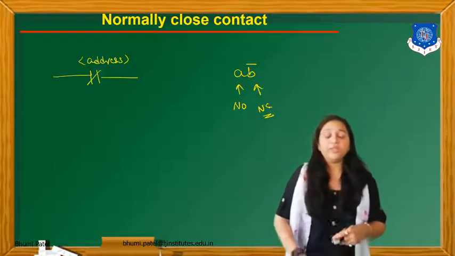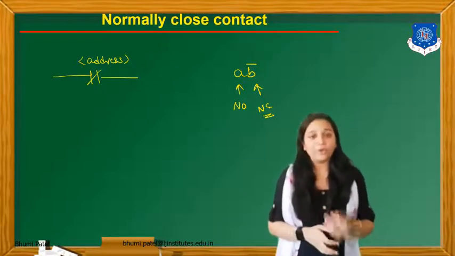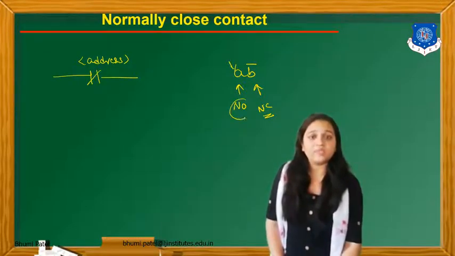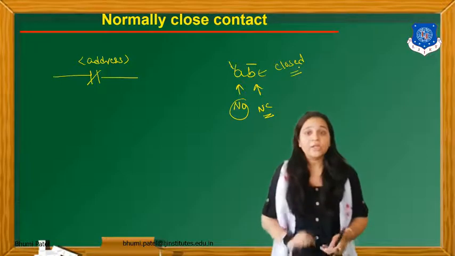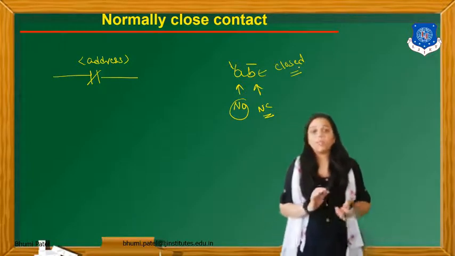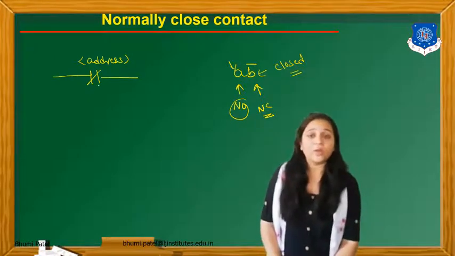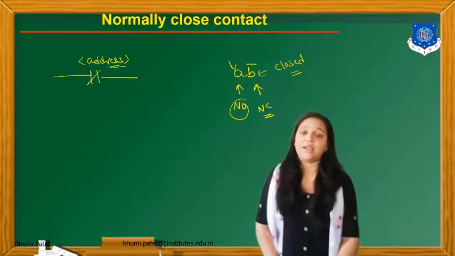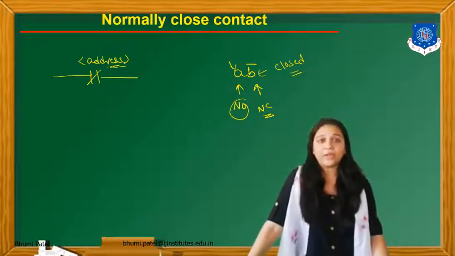So in this system, if you already know that switch 1 is already open and switch 2 is already closed for this particular plant, we can put it as a normally closed contact throughout the program. We can put the normally closed contact with this symbol, and we can write here the address of this input signal. So this is the normally closed contact instruction.